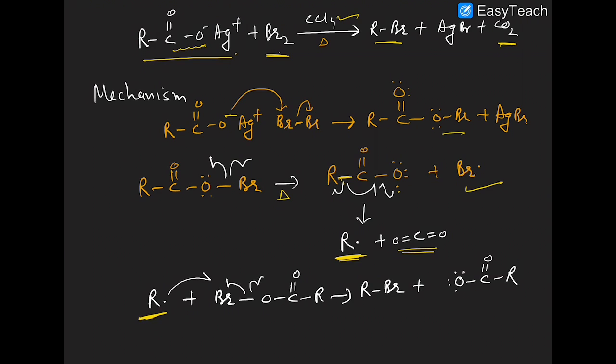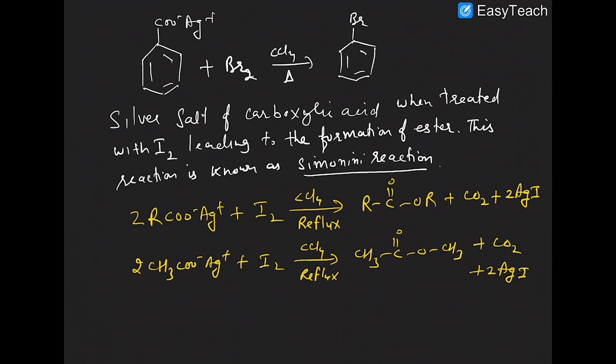This alkyl free radical reacts with a second molecule of this acid derivative to give you RBr, and now this radical is again available for the formation of the next R. Are you okay with that? Now look at that. This is silver benzoate. It reacts with bromine in CCl4 to give you